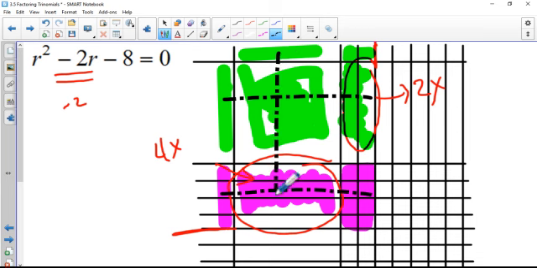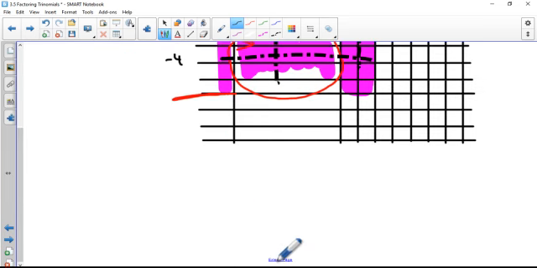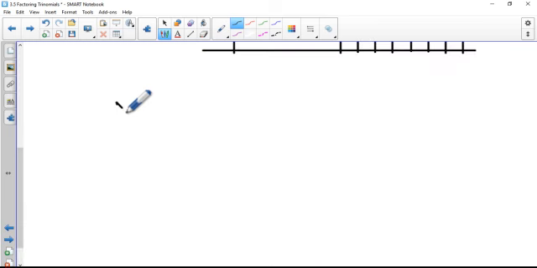And again, I'm just doing it in general because I would have to do it for every single term. We've got positive multiplied by a positive to give us a positive value. Here we've got negative values multiplied by a positive to give us negative, and a negative multiplied by a positive to give us negative values. So now we have our answer on the outside to give us x minus 4 and x plus 2. So we would have x minus 4 times x plus 2. Looking at it in that approach,